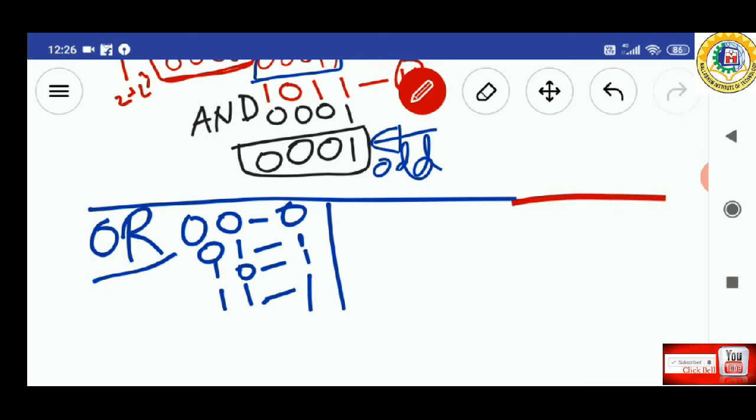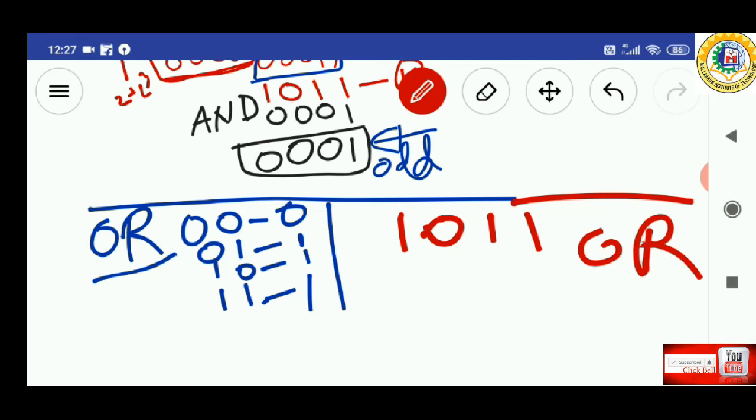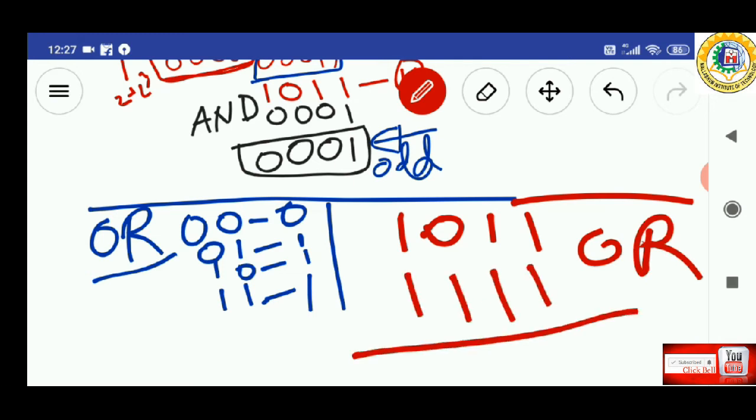Suppose our number is 1011. We want to set this data in the original source, so we just OR 1111 with the original data.